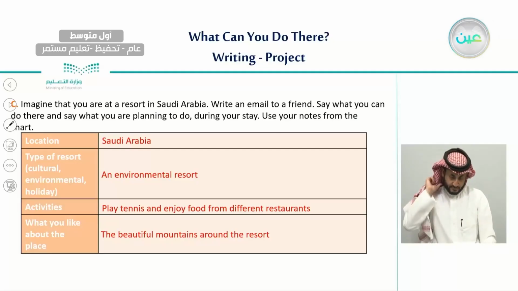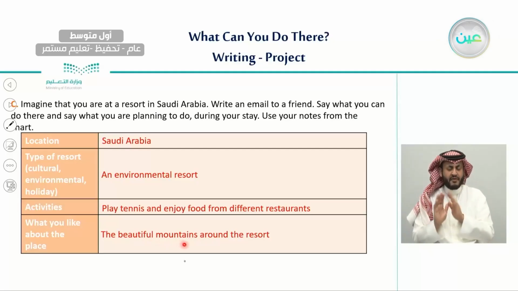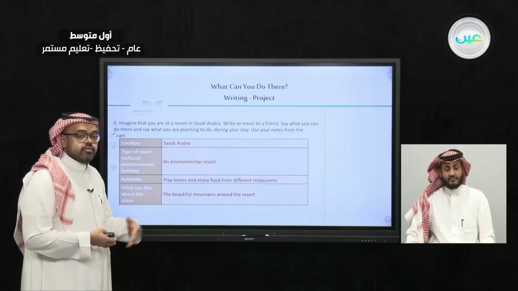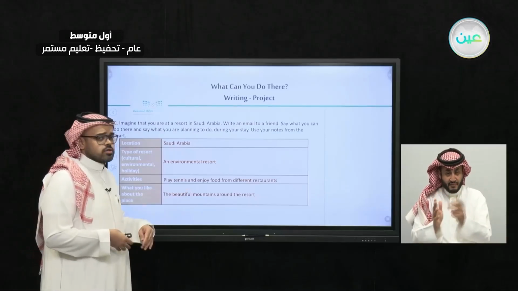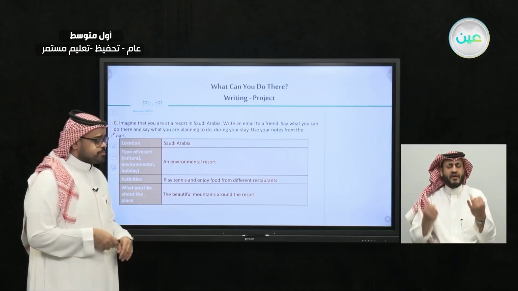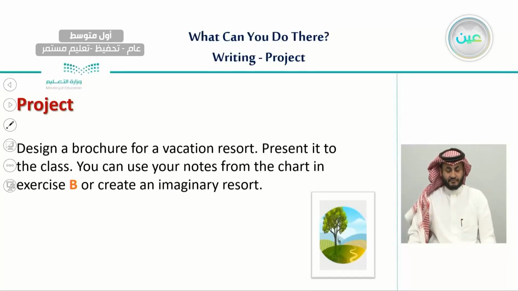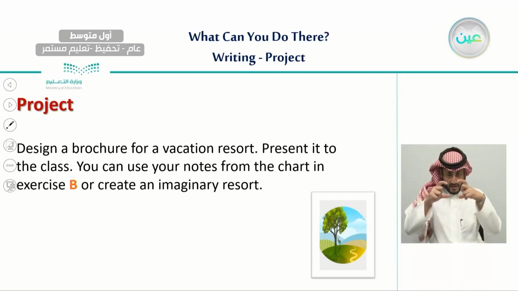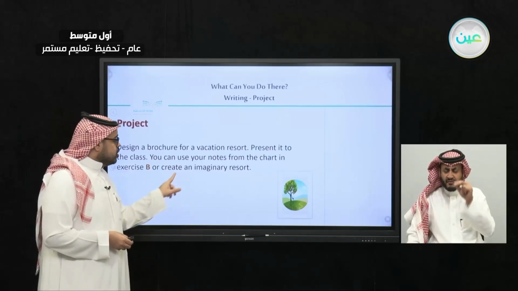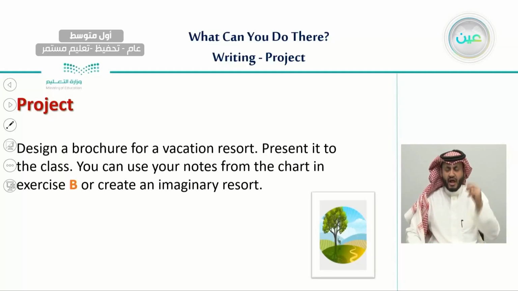You can say, come to the resort, enjoy the beautiful mountains around the resort. Come to the resort as we have different foods from different restaurants. Come to the resort as we're going to have different sport activities. So you can think of as many activities as you like. And also when you do, just make a similar poster to this with a picture and write down all of the information. And if you can't find the resort, you can use or create an imaginary resort.